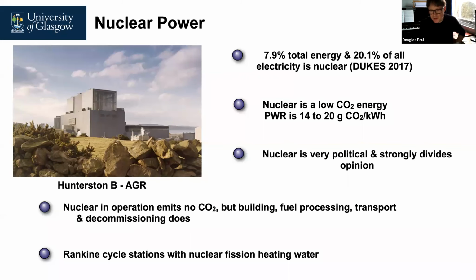Right, we'll get going again. So the second part of the lecture today is going to be talking about nuclear power. And nuclear is very political. It strongly divides opinion. What I'm going to try and do in this lecture is really go through the science